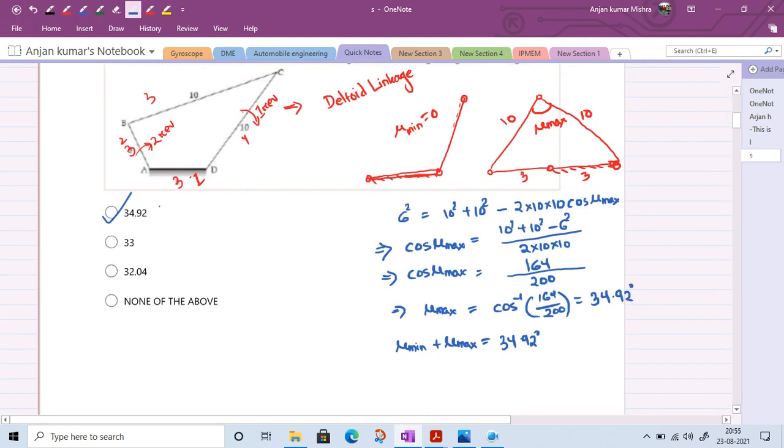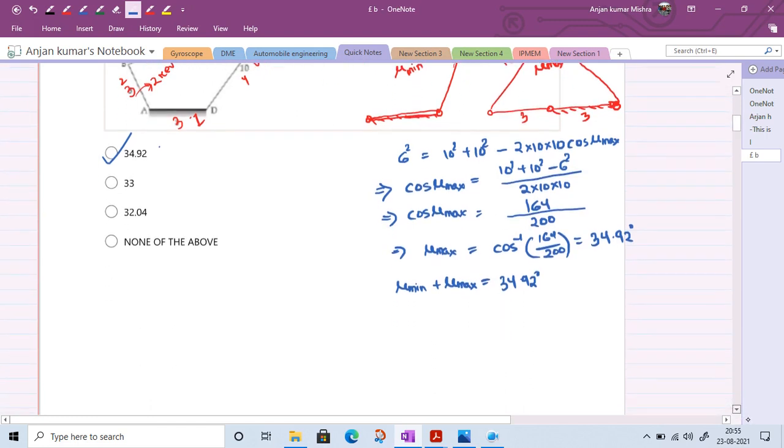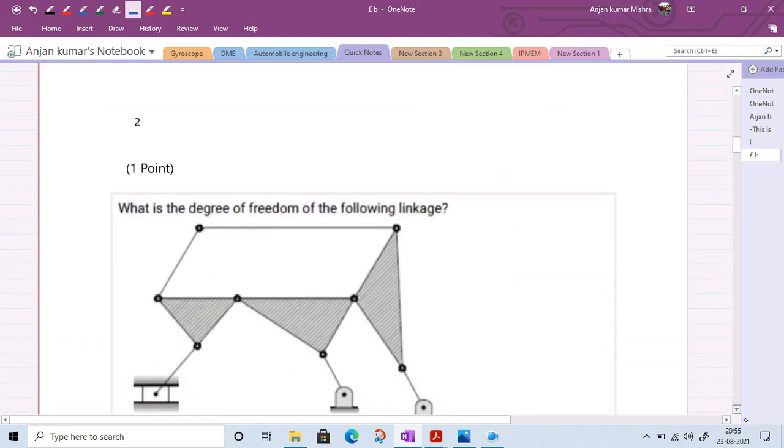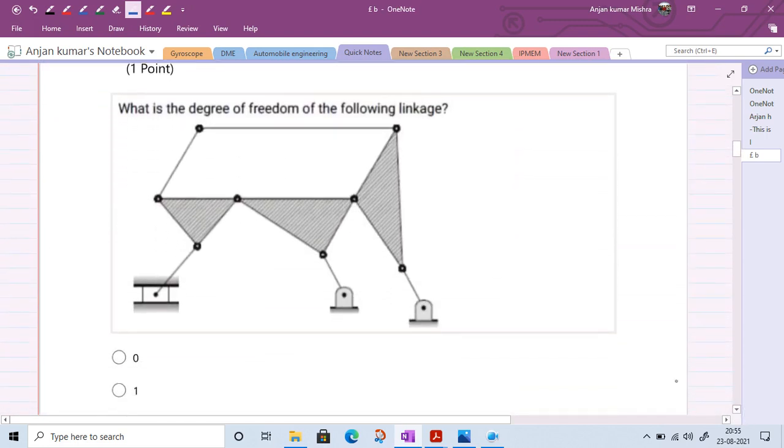Okay, so moving on to the next question. What is the degree of freedom of this following linkage? We know that the formula to calculate the degree of freedom is F equal to 3 into (L minus 1) minus 2 into J minus H, where L is equal to the number of links,